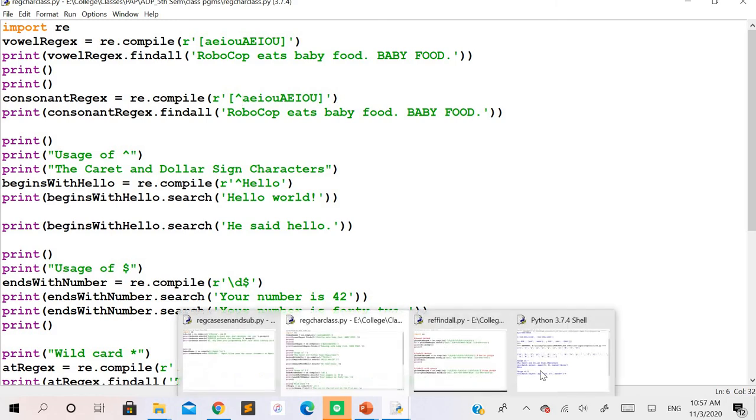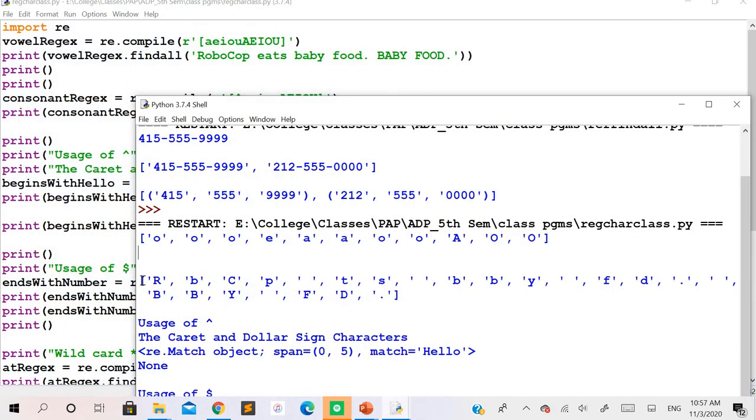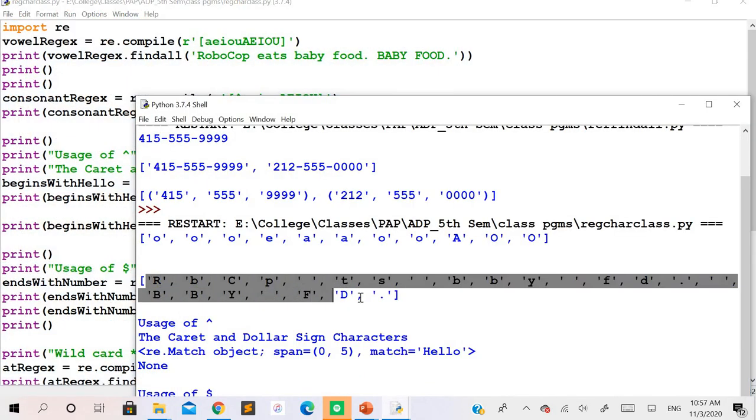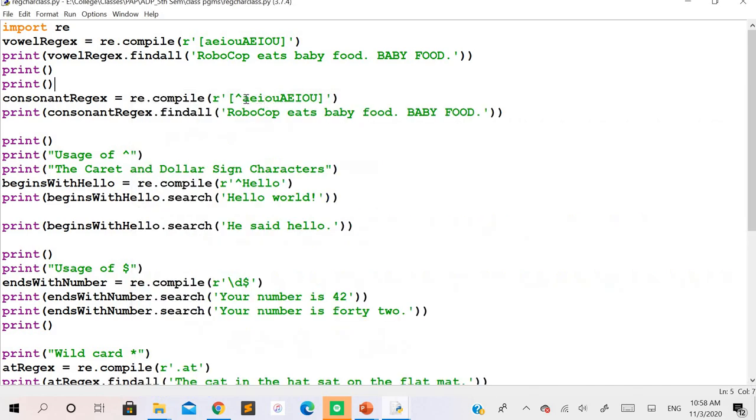If you see the result of this example, you are getting all the consonants here, that means all the letters except the vowels. Even the space is extracted, and even the dot symbol is accepted. So the meaning here is, except this set of characters, everything else from this input string will be extracted.